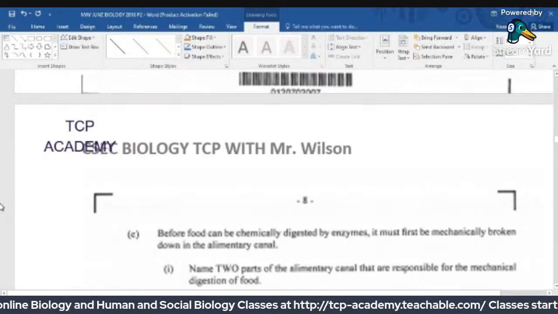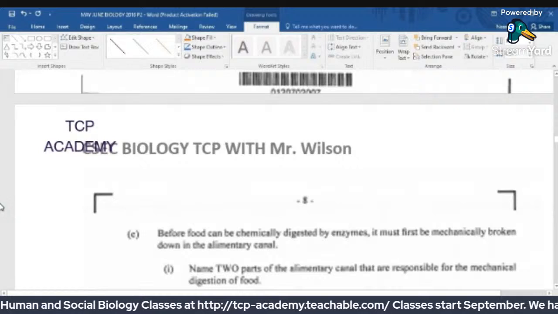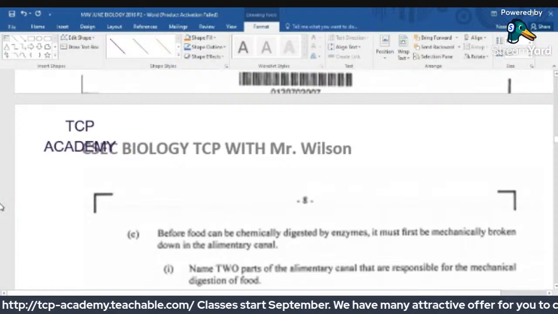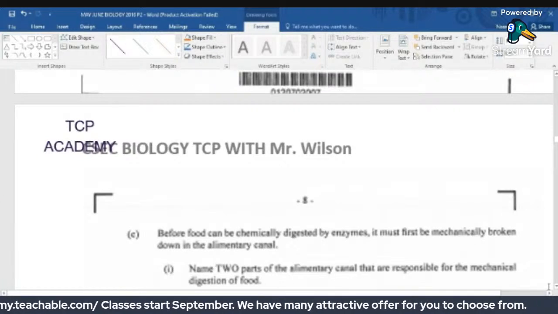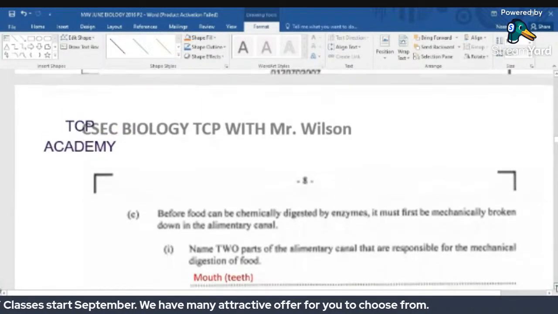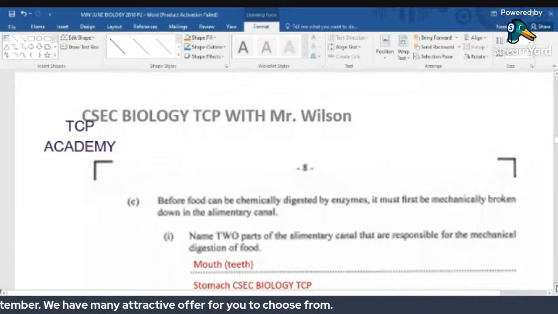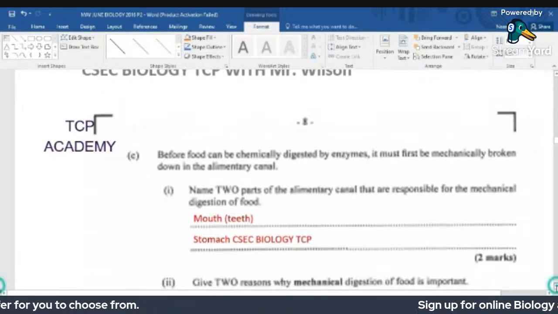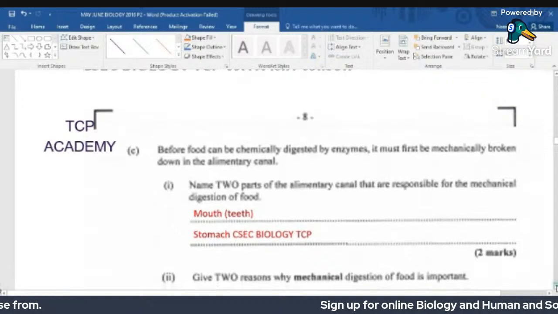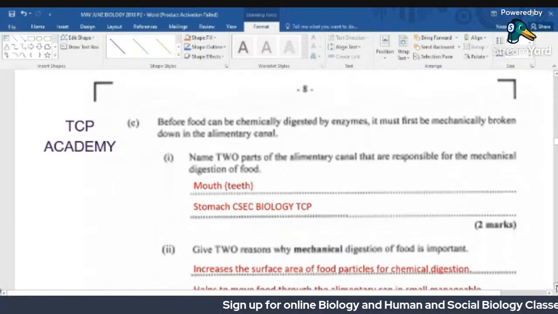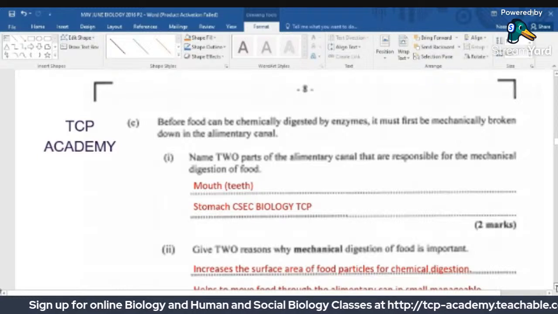But also as the food moves through the gut and peristalsis takes place, that is also going to help with some mechanical breaking down of the food, and of course pushing the food forward. So here we look at the mouth and the teeth in breaking down the food, and the stomach. Those are very important, but of course peristalsis would also serve a major role here. Now give 2 reasons why mechanical digestion